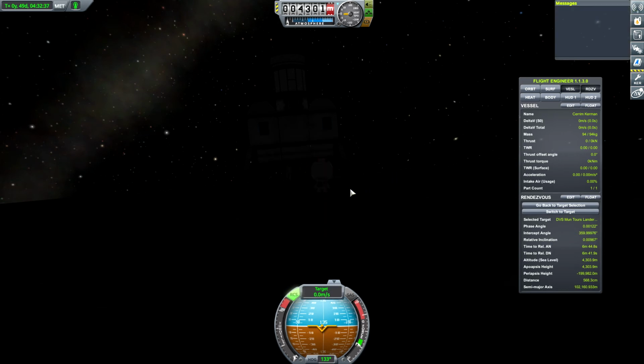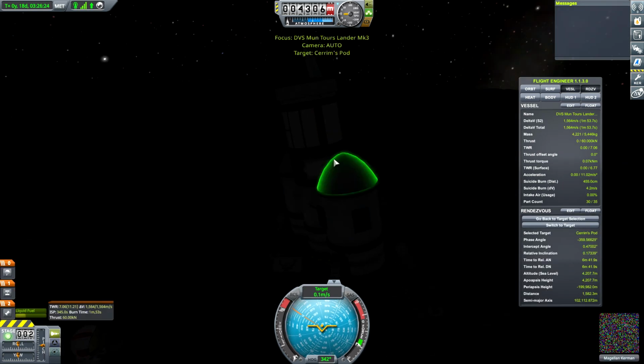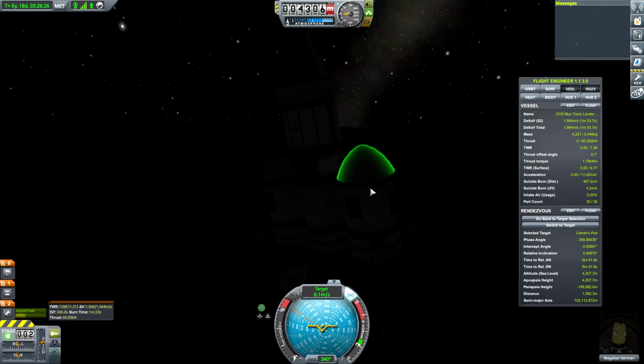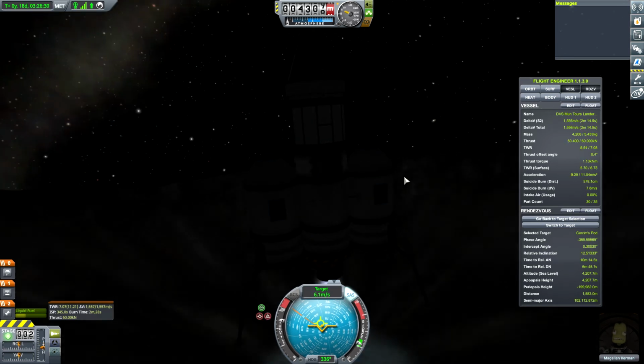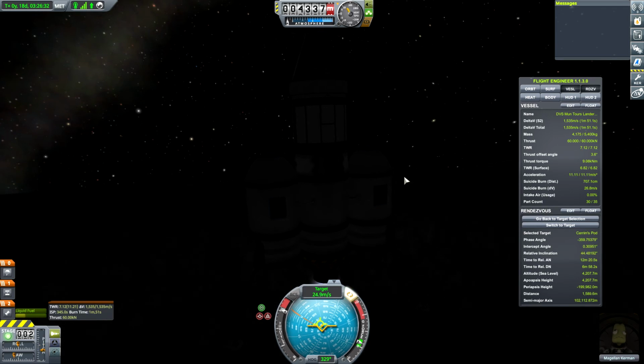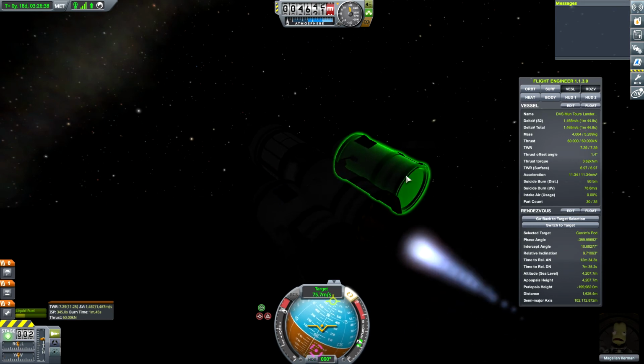She's fine. So we need to destroy that pod. Use a self-destruct on it. We'll turn on an SAS. We're going to get ready to blast off. We're going to go home. See you later, Serum. We will come back and get you, we promise. But right now we're leaving. So we're going to get out of here,